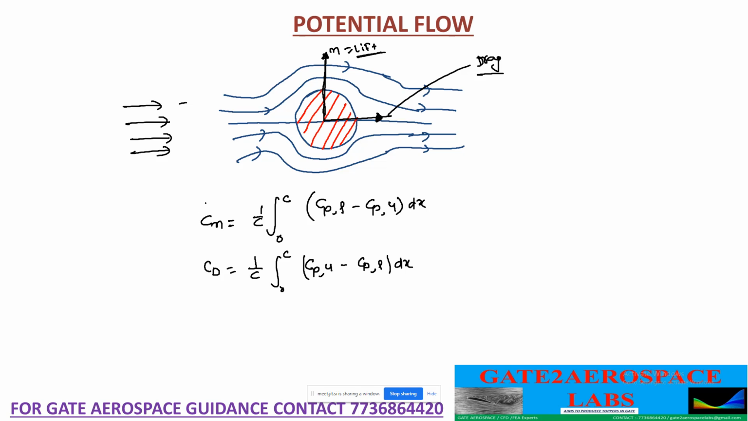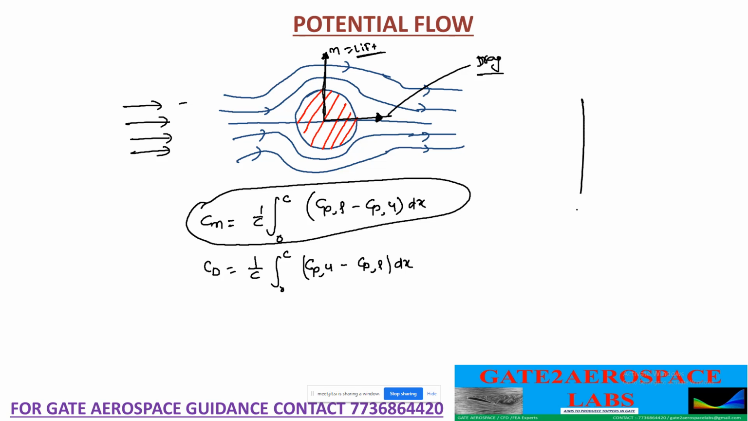So if you see this expression, what is the interpretation of it? If you have the variation of Cp with x by c, let's say I am getting this type of variation for some kind of body. So the area under the curve is what? This is the area under the curve, right? So the area under this Cp versus x by c curve will give you the normal force,